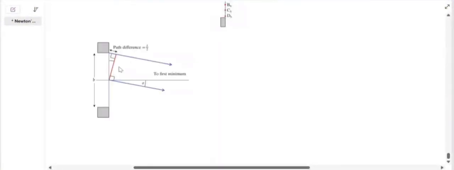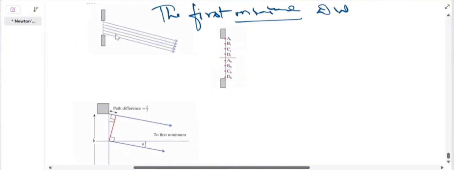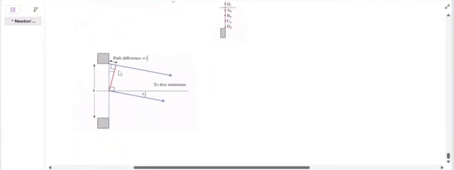Check here. These are the two waves. Let's select one slit which has a width of b. They are going towards the first minima. This is the wave which is traveling, and this is the wave which is traveling. Let's take the first wave and the last wave. Now here you can see that this wave has traveled a longer distance, which is lambda by 2. How much did it get deviated? From the center it got deviated by an angle theta. So this is the phase difference.